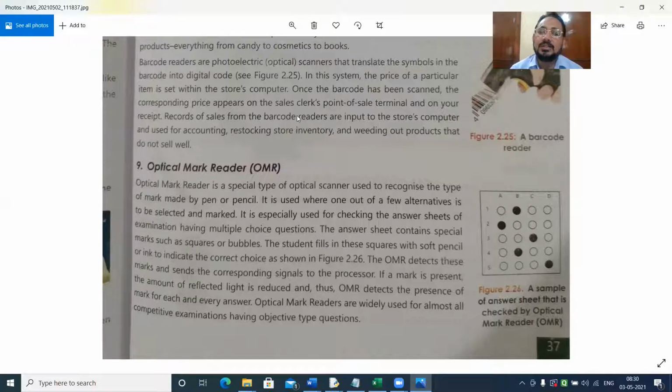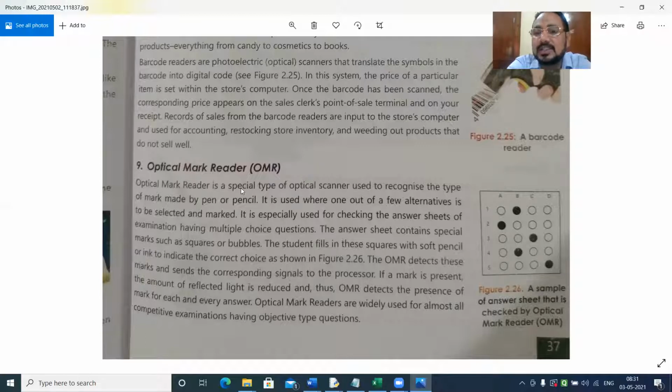If a mark is present, the amount of reflected light is reduced, and thus OMR detects the presence of the mark for each and every answer. Optical mark readers are widely used for almost all competitive exams having objective type questions. Simple. Most of you have now given competitive exams, and all the competitive exams are basically conducted using OMR sheets.